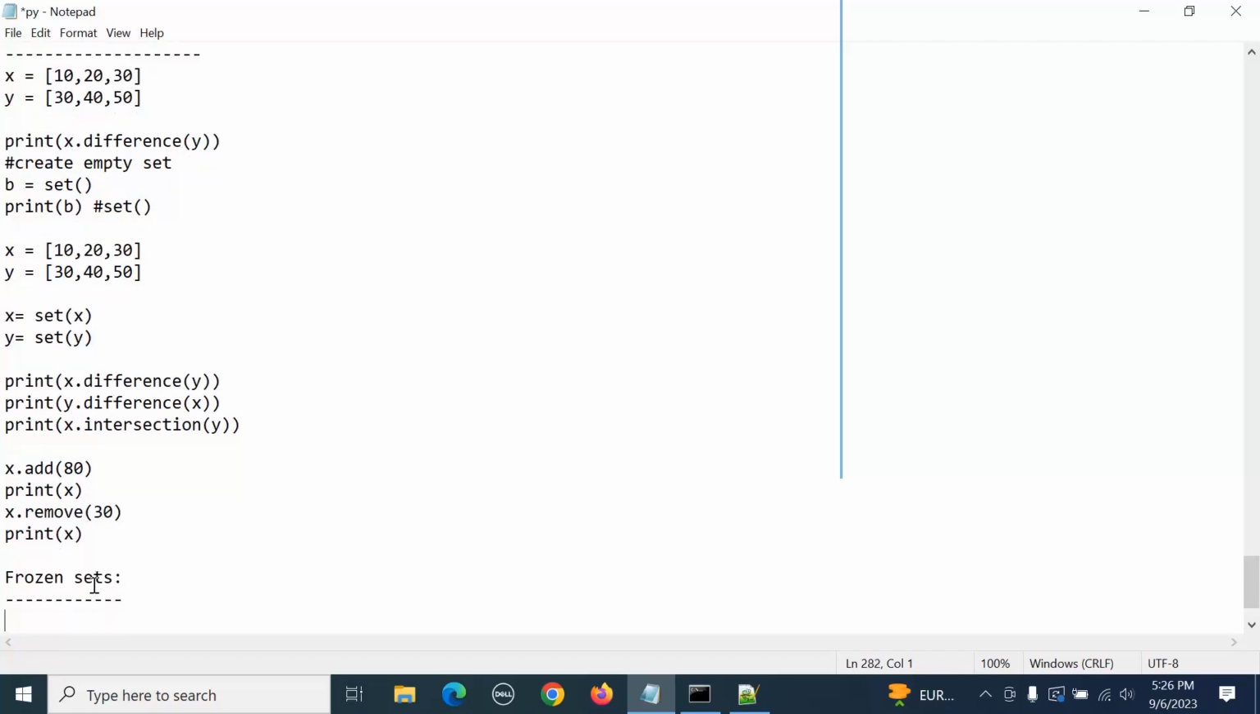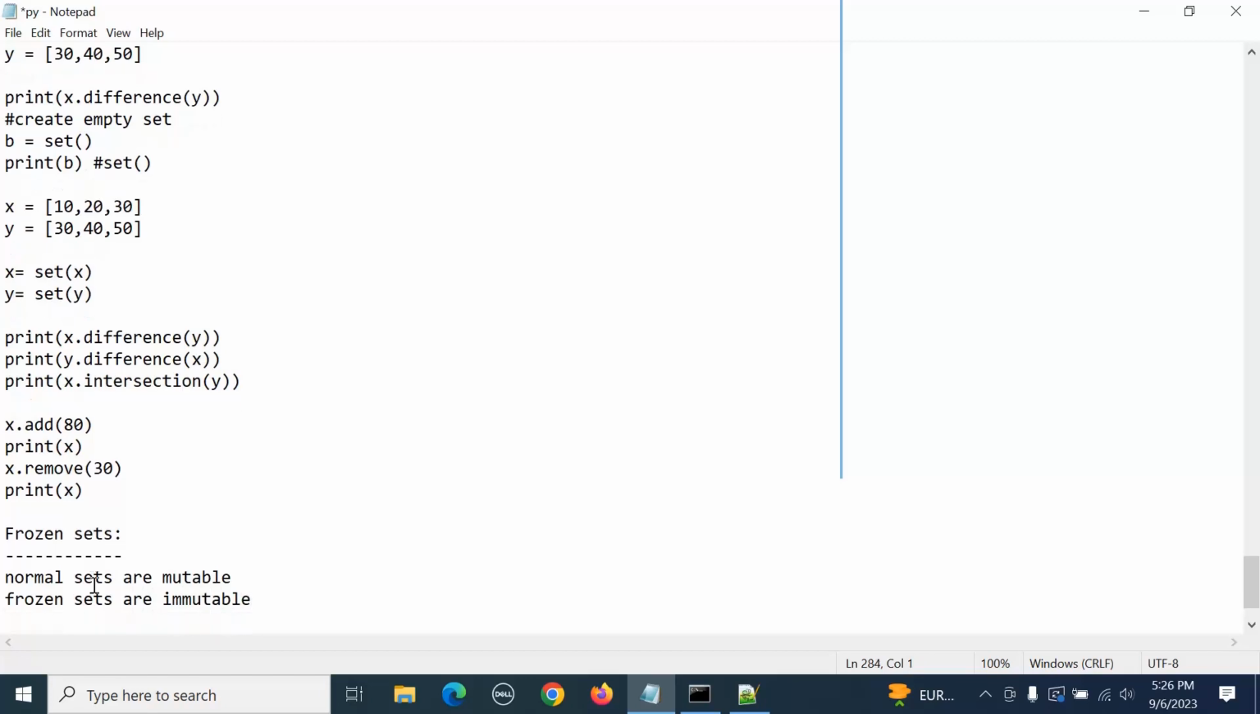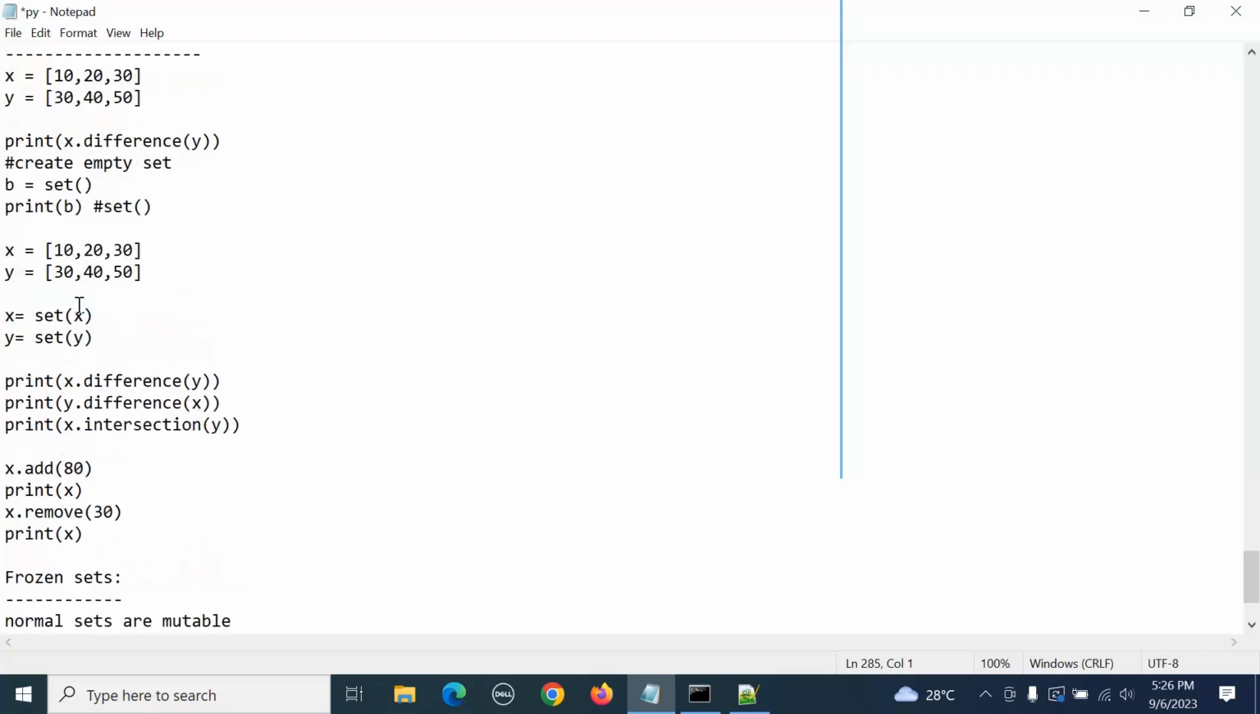Normal sets are mutable, whereas frozen sets are immutable. That means all the operations we can't do directly if you declare it as a frozen set. So let us take the same example. If you try to understand, if you take this one,